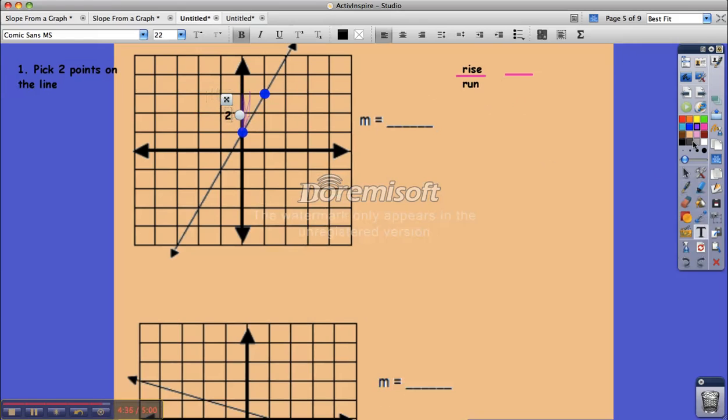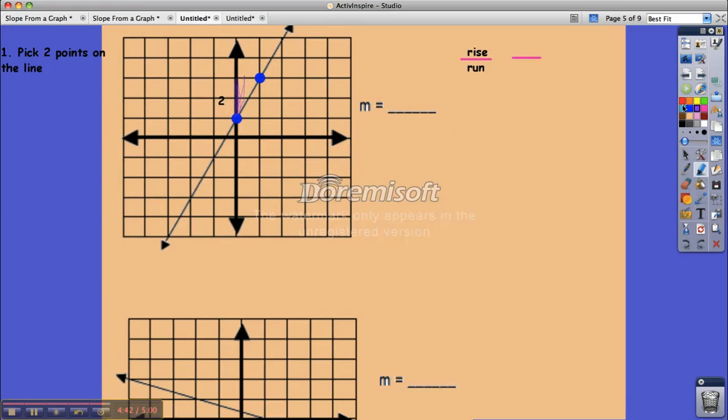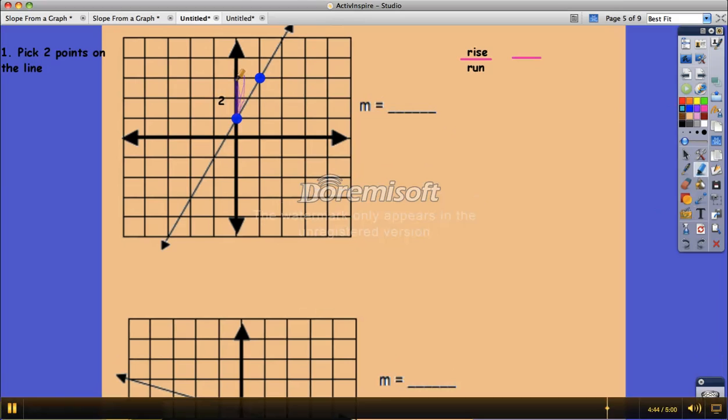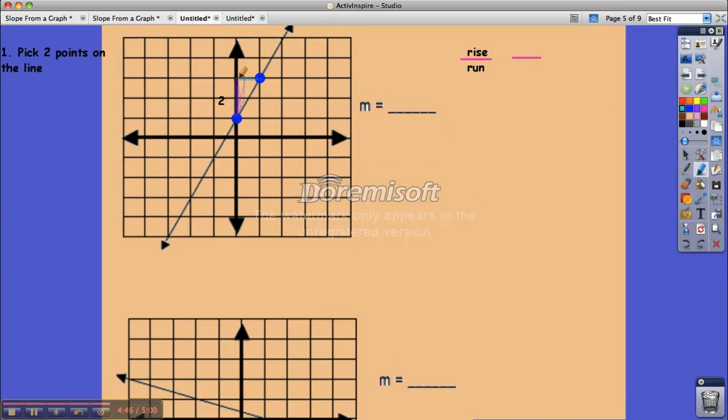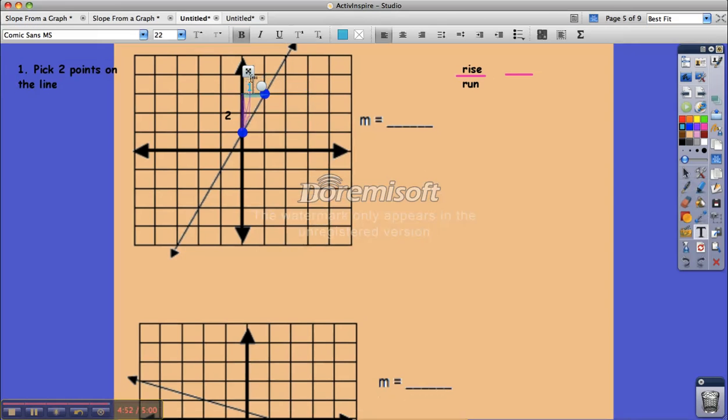Then I need to run. So run means side to side. So I'm going to see from here, how far do I need to go side to side. So I'm going to go right. Right means that it's a positive direction, 1. So my run is 1. Beautiful. So right now, my rise over my run is 2 over